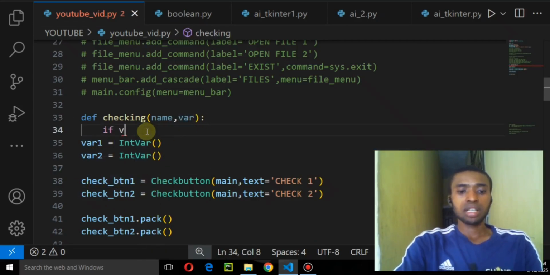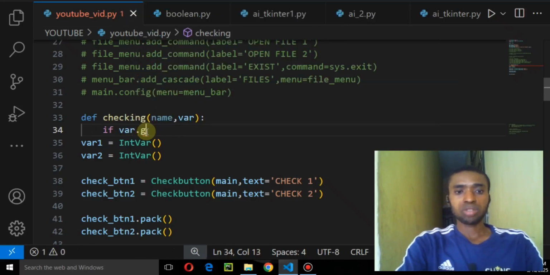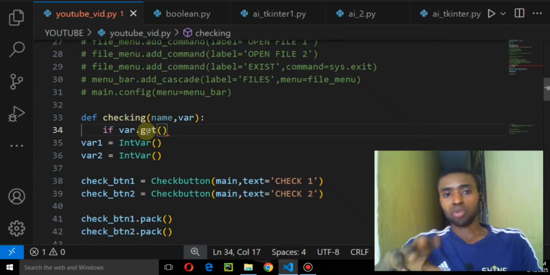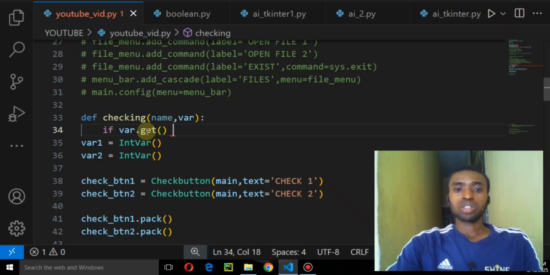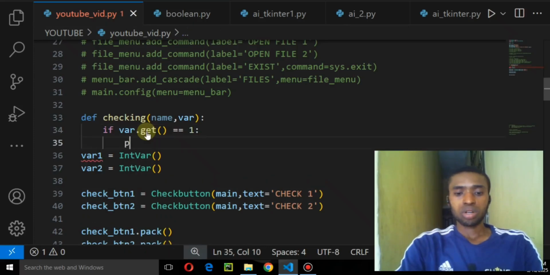So we're going to say if this variable that we gave here dot get. So I'm trying to get what was actually inputted on it. I think we also used this get when we were trying to get the entry and what is actually sent to the entry. So I'm going to say if it equals 1, here we're going to do something. So we're going to print